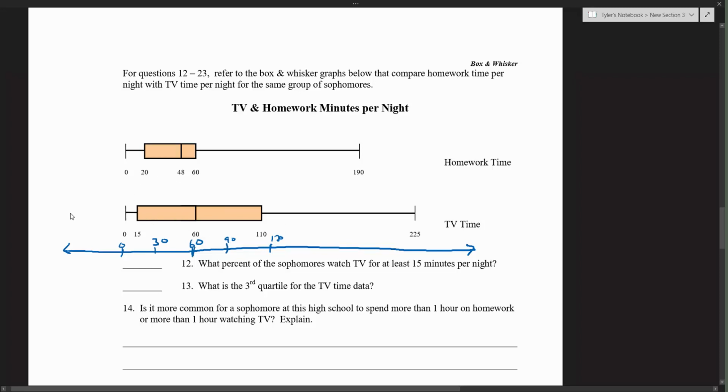So these numbers are in minutes. If we look at the TV time box plot, the lower one, here's the number 15, right? So remember, there's 25% of my data here, so that means all the way across there's 75% that's bigger than 15 minutes. So the answer here would be 75%. And then number 13 says, what's the third quartile for the TV time data? So quartile 3 is found here, so that would be 110 minutes,